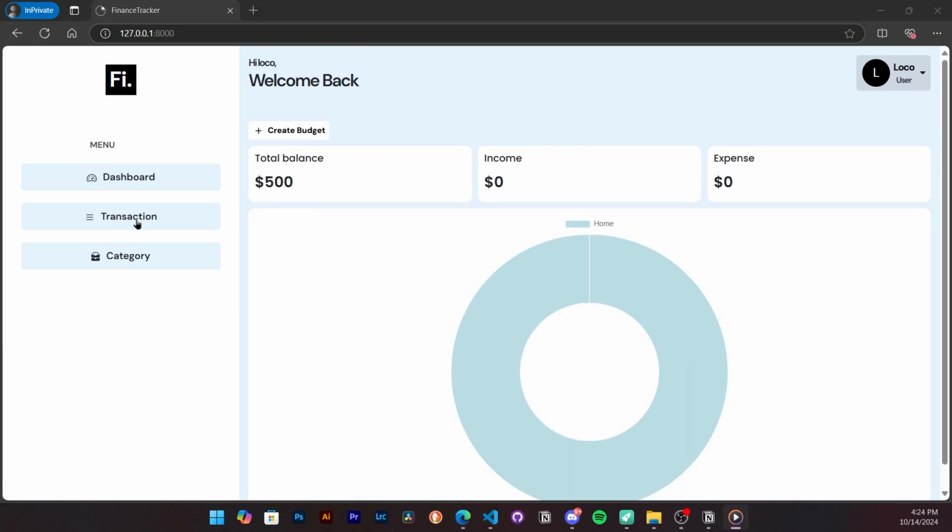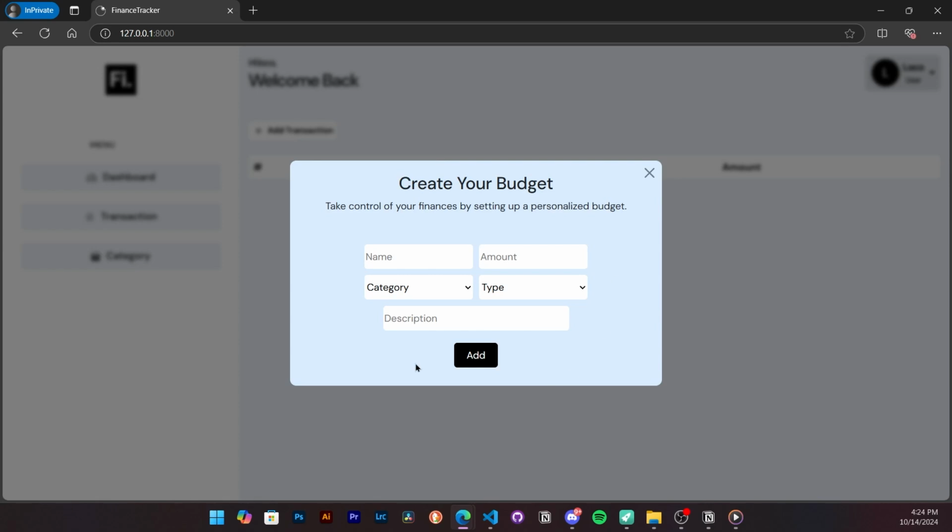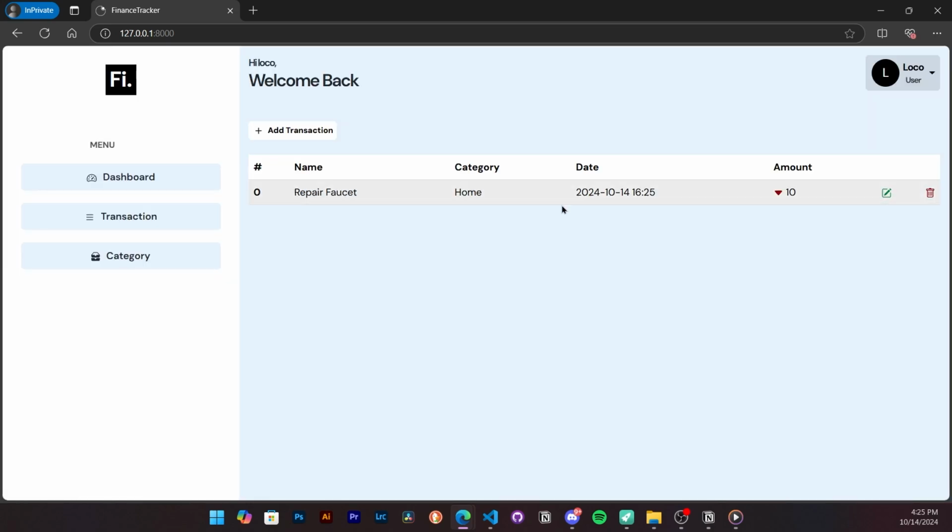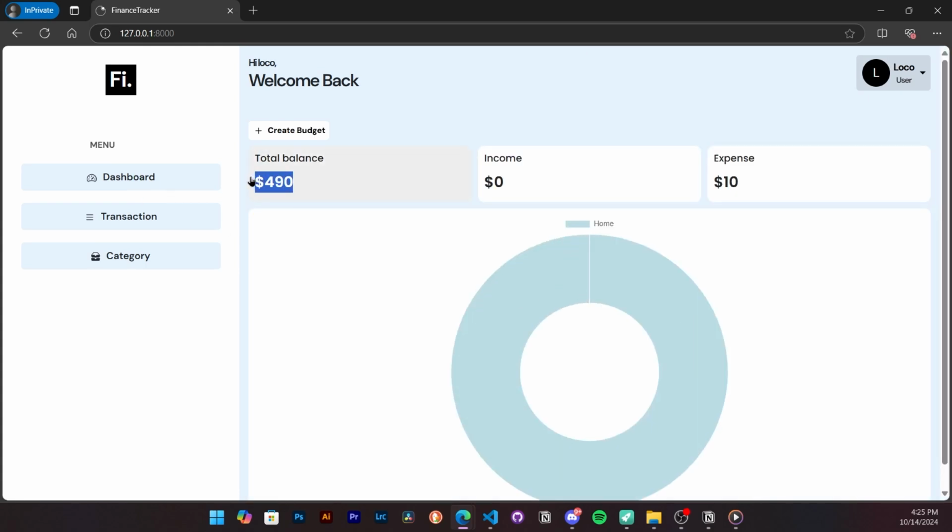I click on Create Transaction, which opens a form. For the name, I'll enter Repair Faucet. For the amount, let's say $10. And select Home as the category. Under Type, I choose Expense. If I want to, I can add a description for more details. After submitting, the total balance on the dashboard is updated to $490, showing that $10 has been deducted as an